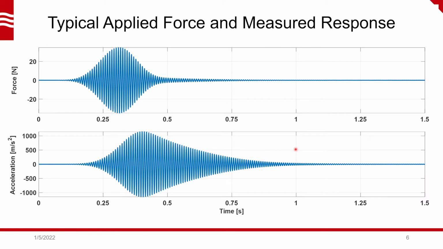So this is an example of the sort of forcing and response data that I have. I used what is usually called a sine beat, where it's a windowed sinusoid. What that does is it applies a very concentrated pulse of energy into a narrow frequency band. So you can use that to excite specific modes to a really high amplitude. Or if you superimpose two sine beats at different frequencies, you can excite two different frequency bands at the same